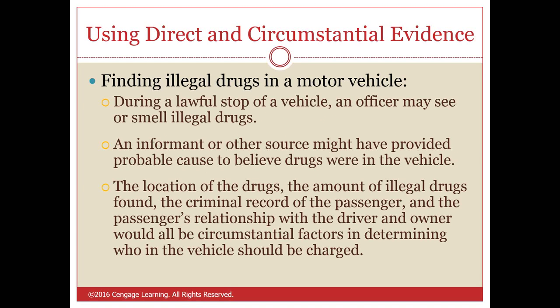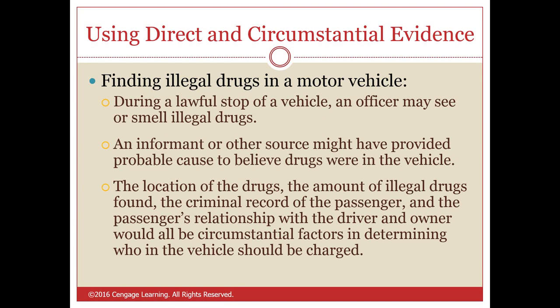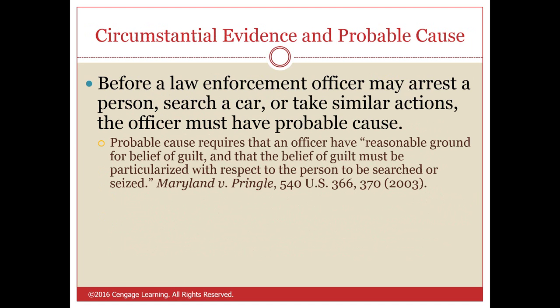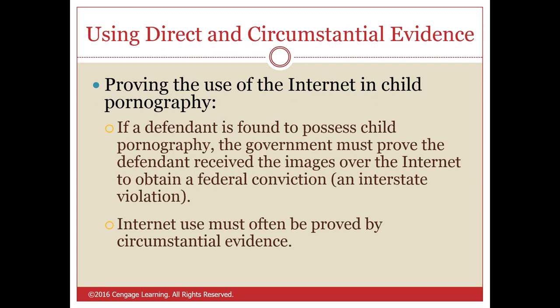And then the PowerPoint in your text goes on and describes some of the examples when you can use direct and circumstantial evidence. It's really straightforward. You can read over that, such as in drug cases, searches, etc. Child pornography is a big thing right now. We hear about people going to jail left and right for that. In many cases, circumstantial evidence is what is being used to prove and get a conviction for possession or trafficking